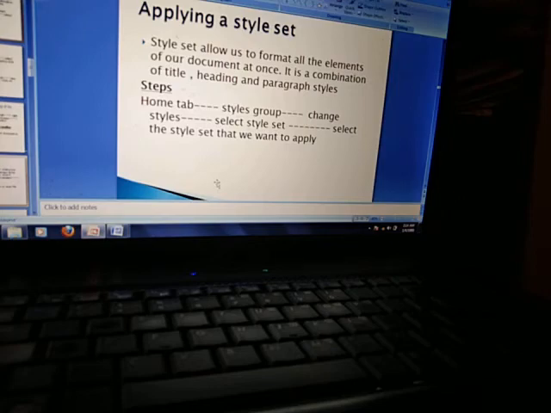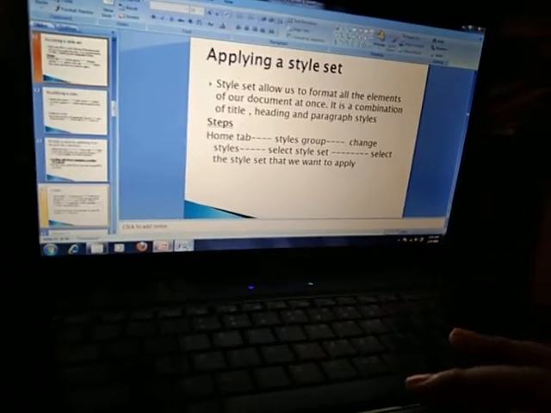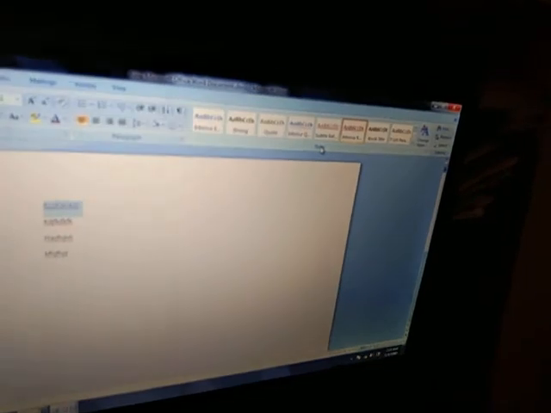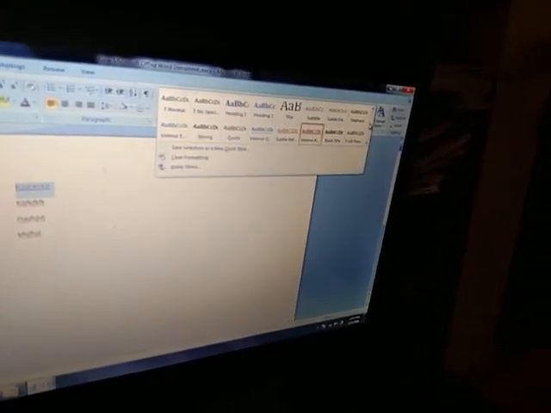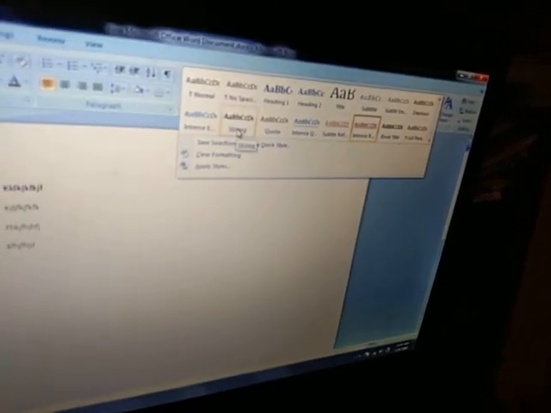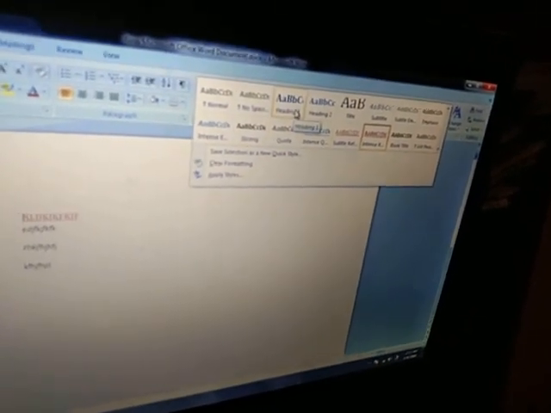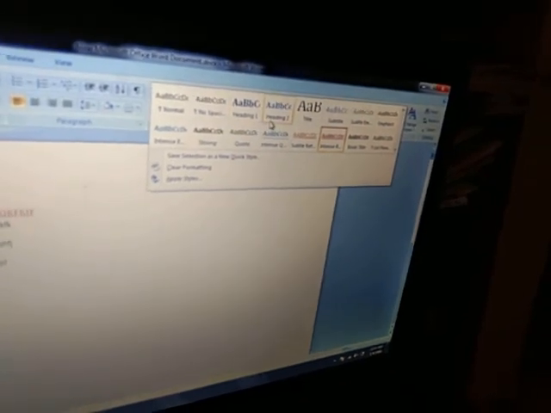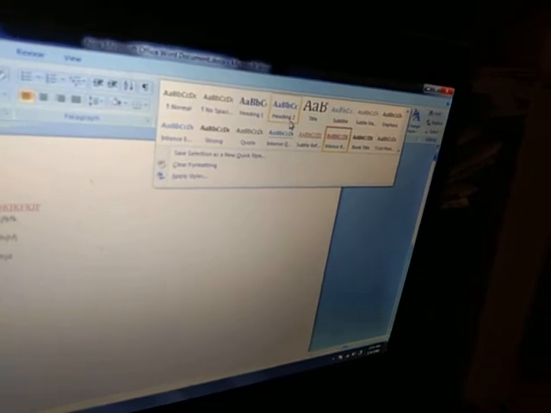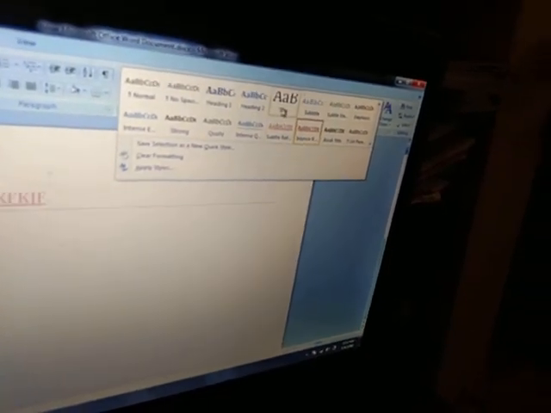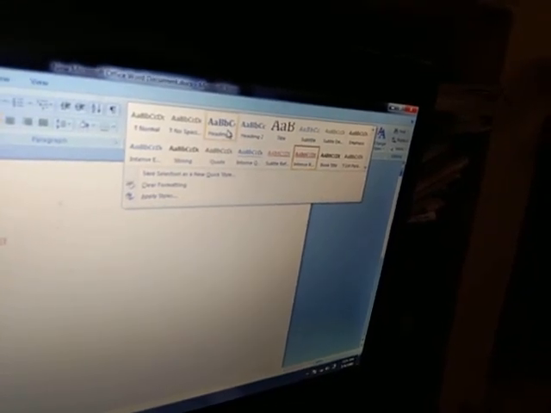For style, I have shown you that a few things are written over there. If you are using a heading, for this you will use the Heading style. Click here. If you want to make your text strong, click on this one. If you are placing a heading, then click on this one. Heading 2 means smaller than Heading 1. If you are placing Heading 2, you will use this one. If you are placing a title, use this one. This one is for a specific heading, title. If you want to change, you can select any style from here and then apply it.